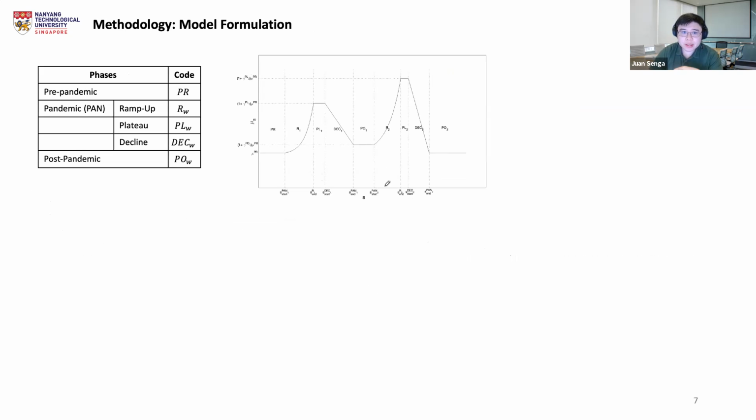All right, I'll go straight into the model just to give everyone a brief understanding of it. In order for us to model the effect of pandemics, we had to divide our planning horizon into distinct phases. We call them the pre-pandemic, the pandemic, and the post-pandemic phase. Further, our pandemic phase is divided into three segments: the ramp up, the plateau, and the decline phases. If you look at this sample graph, it shows that in the simulation model, the user can increase the number of waves of a pandemic. And that's perfect for us, because we wanted to see the effect of a pandemic on a blood bank along with the ethically